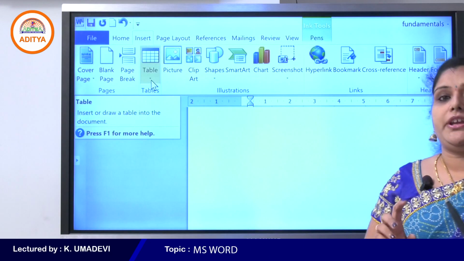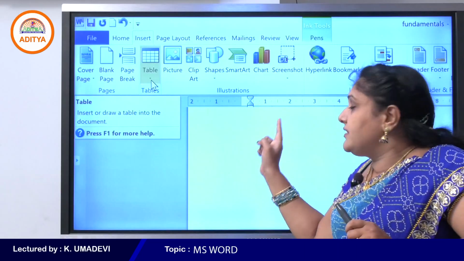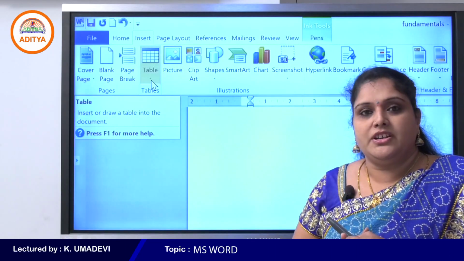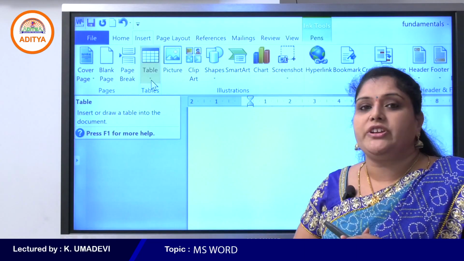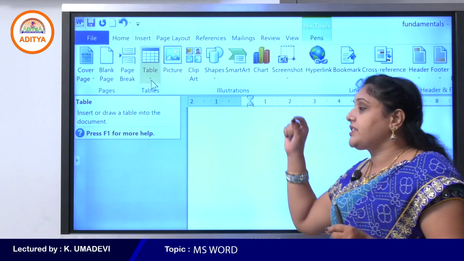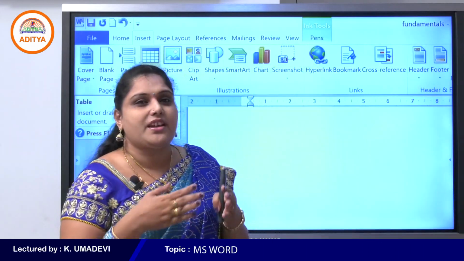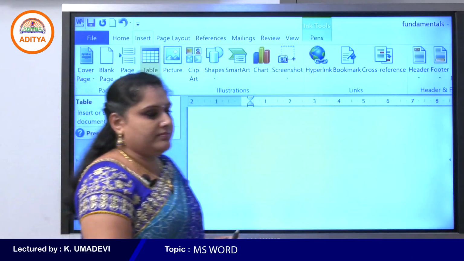And coming to the table command, it is available under the tables group. This is one of the important features in MS Word, as we can create tables by using the table command. Okay students, we already discussed how to insert a table.